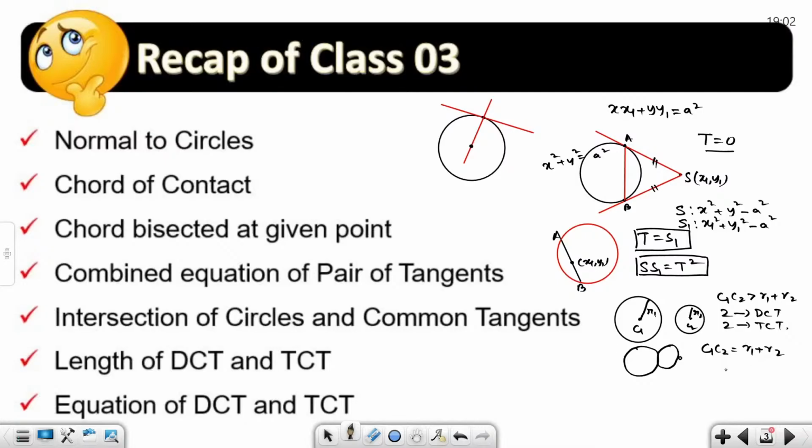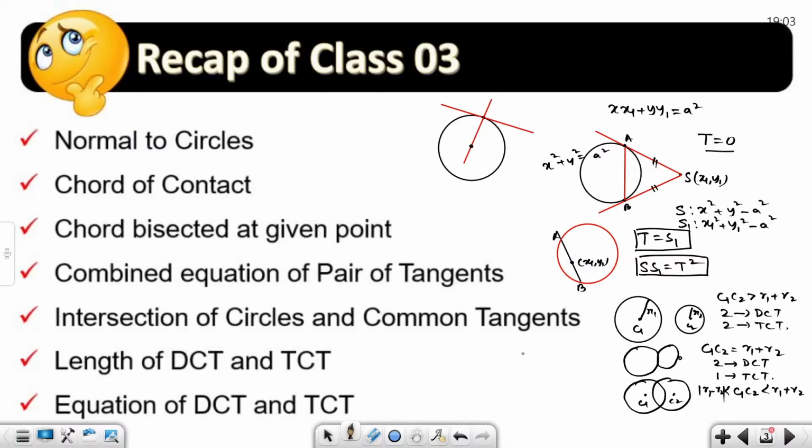And in that case, we are going to have 3 common tangents, out of which 2 will be DCT, that is direct common tangent, and 1 will be transverse common tangent, right? Now, when the two circles are intersecting each other, in that case, your condition was, if this is C1 and this is C2, the condition was C1C2 is greater than modulus of R1 minus R2 and less than R1 plus R2, right? In that case, we are only having 2 common tangents and both of those tangents will be direct common tangent,